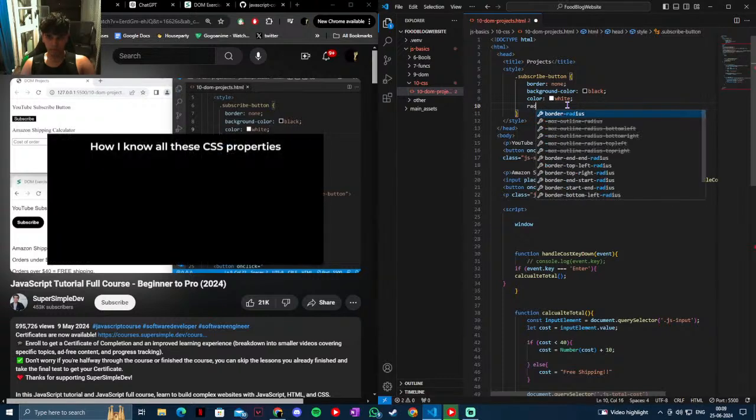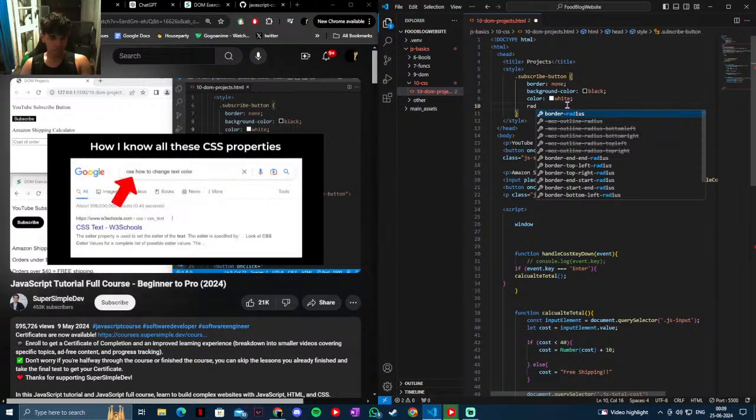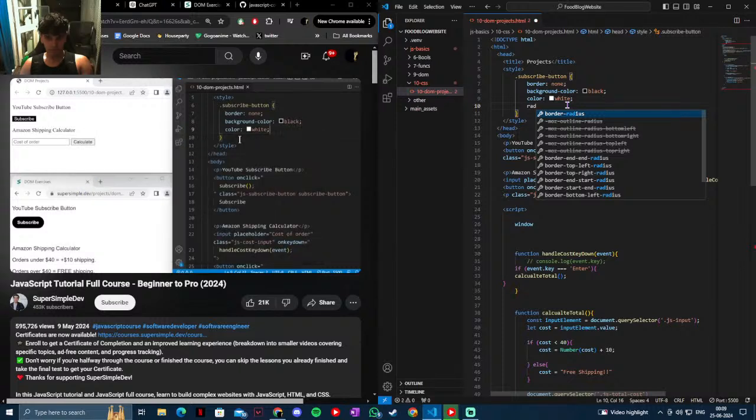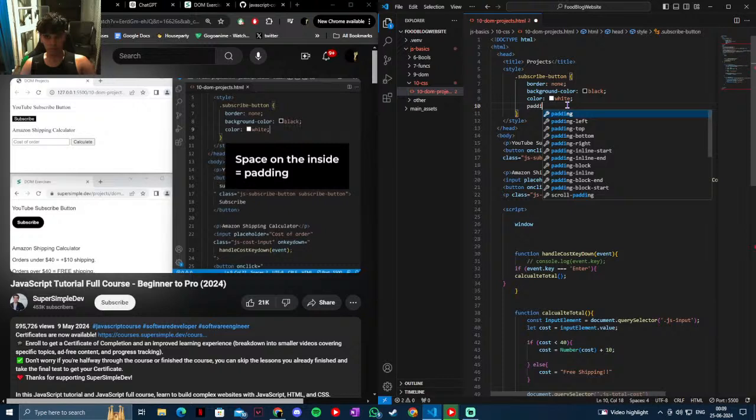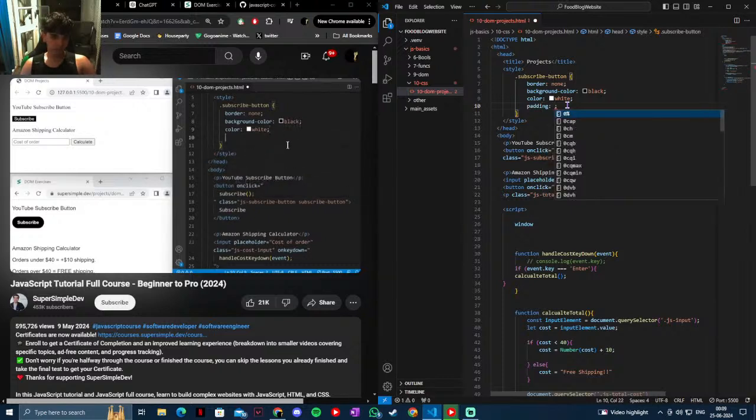Now, if you're wondering how I know all these properties, you can usually find them by searching in Google. Just make sure you search for what you are trying to do. Let's keep going one by one. The next thing we'll change is we're going to add spacing on the inside of the button. In CSS, space on the inside of an element is called padding. So we'll create a new line, and we'll use the property